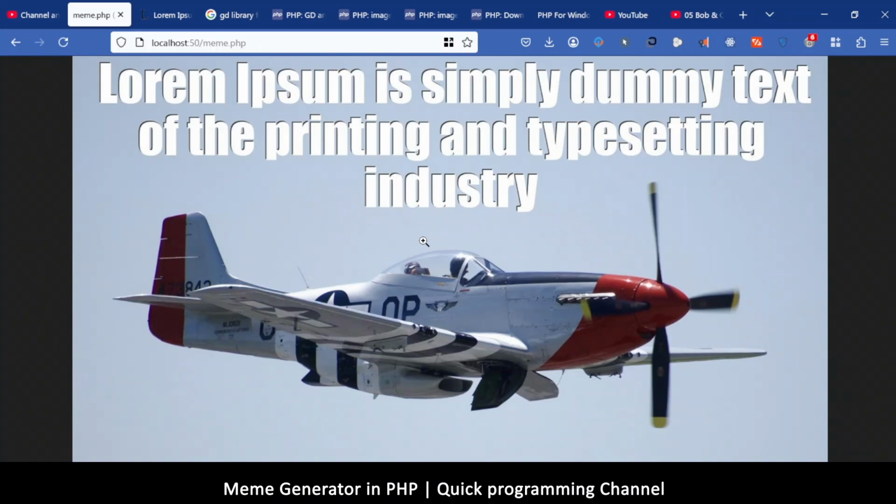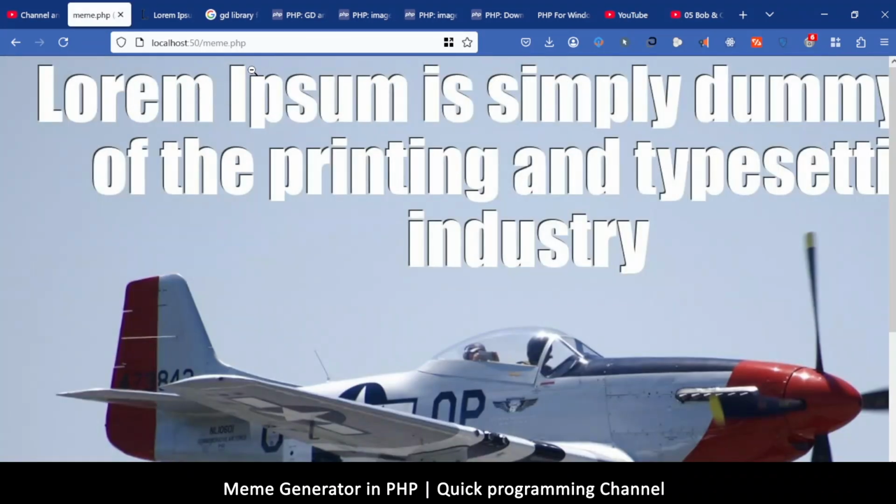But I don't really want a shadow. I want a stroke around the text. Unfortunately, there's no stroking mechanism here, so we're going to have to fake it. The way we'll fake it is we paste maybe 4 or 5 or 6 of these black texts before we put the white one. We go around to the left, on top, bottom, right, maybe 4 of them, like top, left, right, bottom, something like that, right? We put 4 of them, and then that will create the illusion of